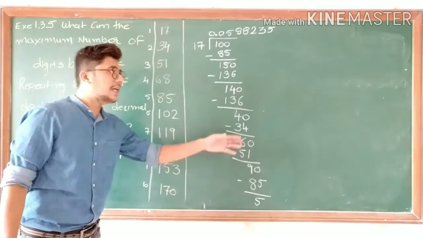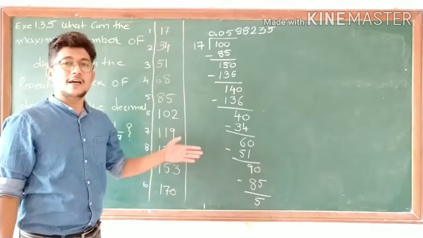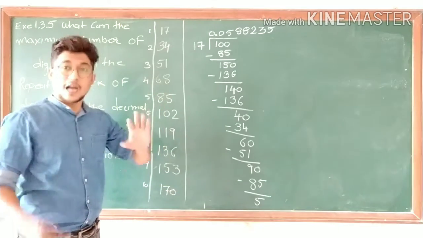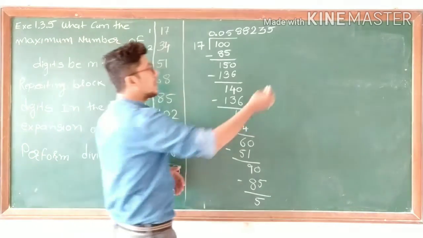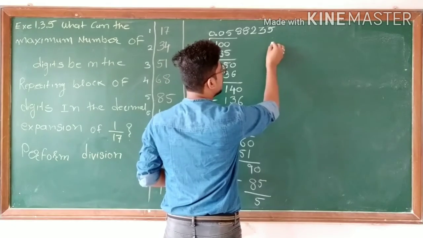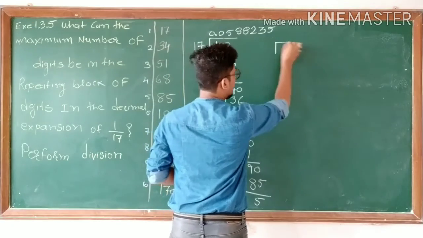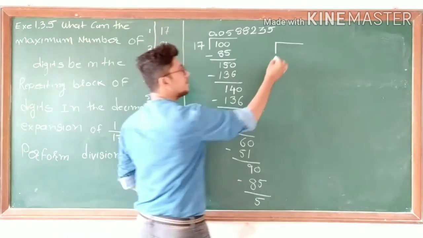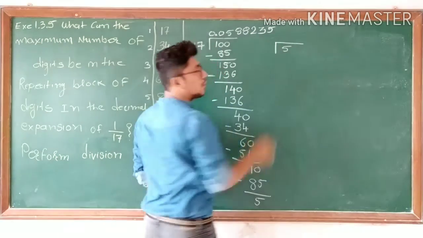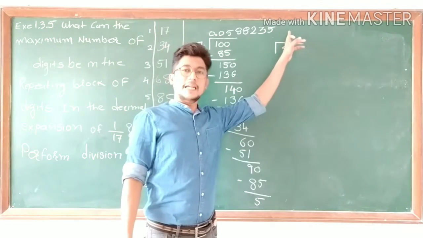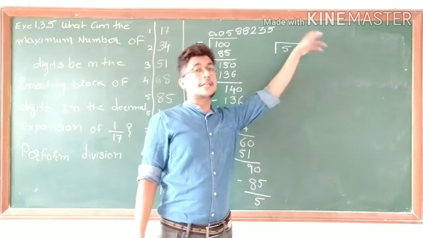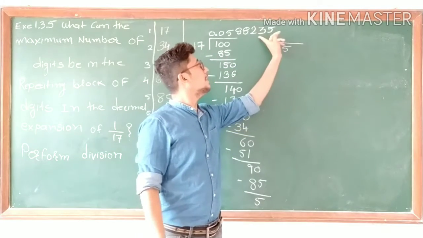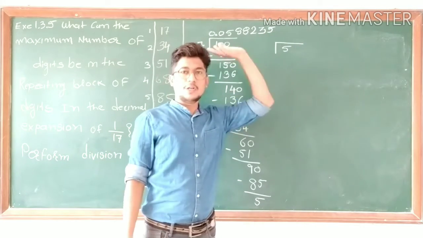So now you will ask, sir, our page has also finished and the division is still going on. So how can we do after this, after the page? What you have to do? You have to put another bracket, and inside that bracket you have to write this last remainder. So it is 5, and whatever the value you are getting in quotient, you have to continue over here. Don't start it from here again. You have to continue 2, 3, 5 and so on like that.